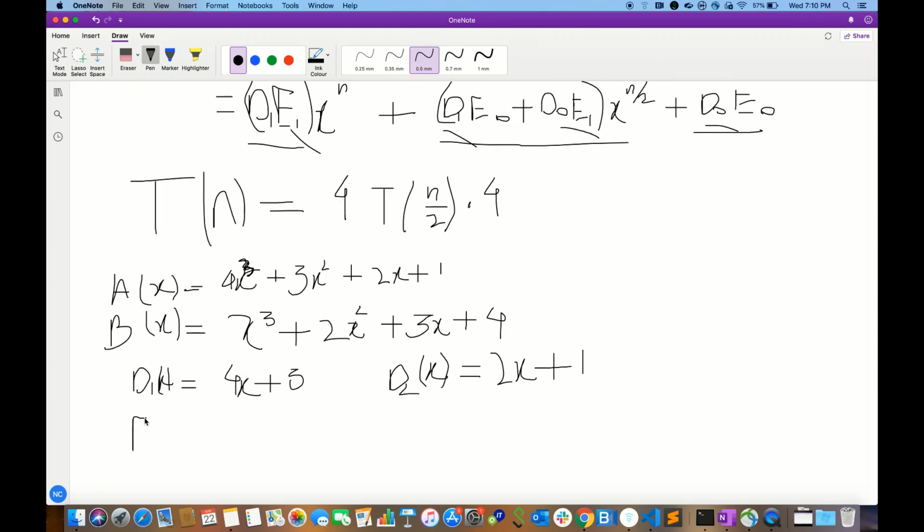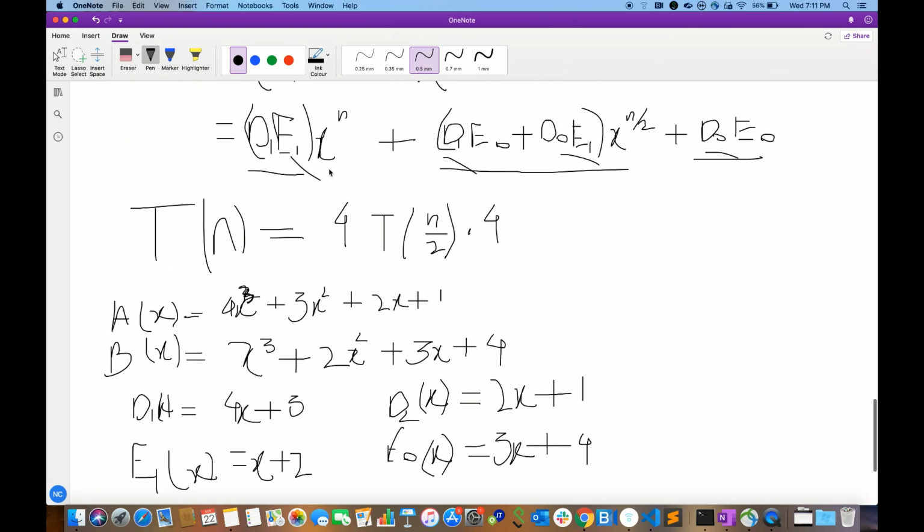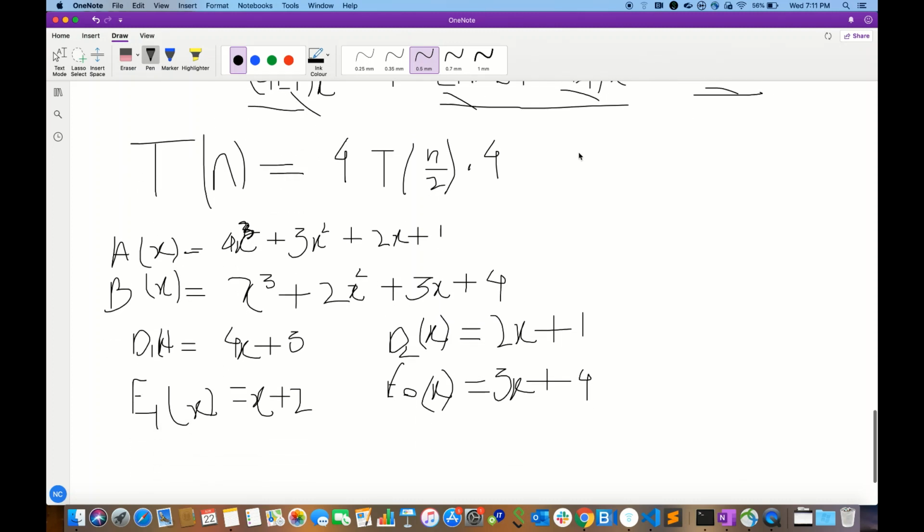In the similar way, e1x will look like x plus 2, and e0x will look like 3x plus 4. And now as we need to compute this d1 e1, d1 e0, d0 e1 and d0 e0,